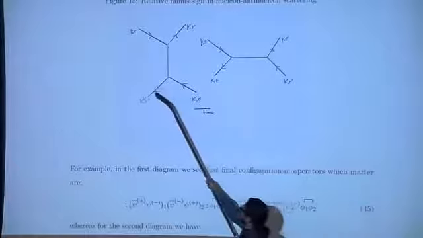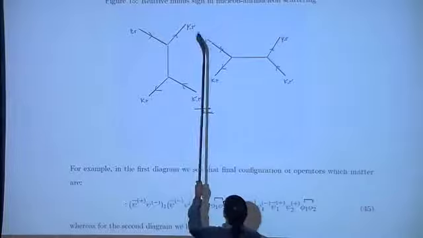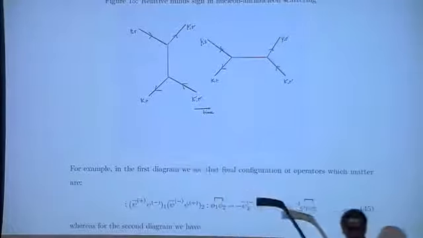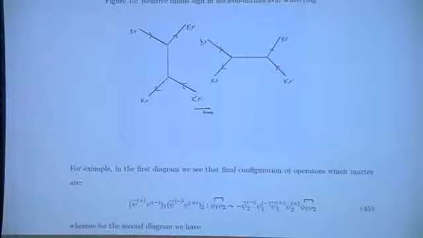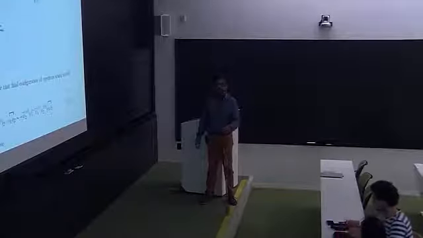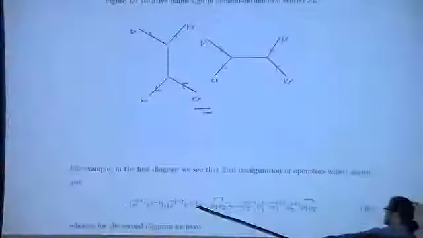Here you can actually get this diagram from this diagram by switching this guy, taking this into the future and this into the past. And then, okay? So you're switching, and this is probably somehow deeply related to crossing symmetry, but I don't have a clear statement on how this is related to crossing symmetry or things like that. So that's why I'd rather have you guys think about it in this way.